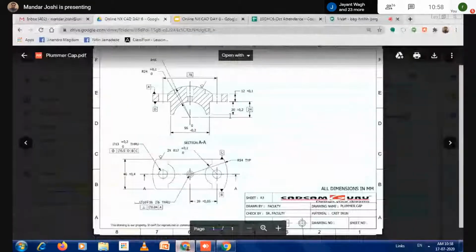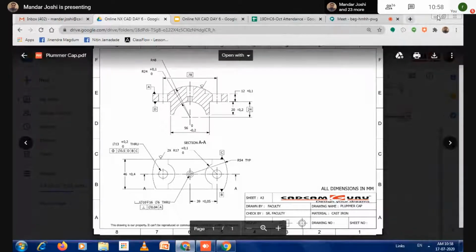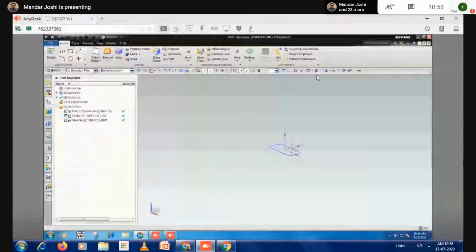After that, there is a specific height. We have to add material. Up to what distance? It is given as 12. So let's do that. But for doing that, I use a different method to add the material depth. Instead of a direct dimension, I will generate one plane.